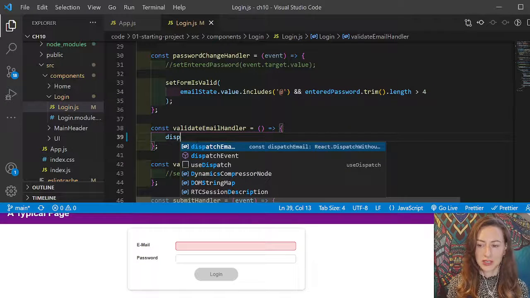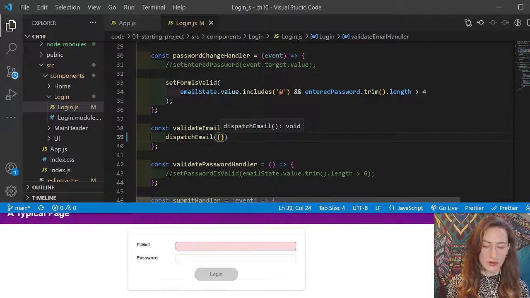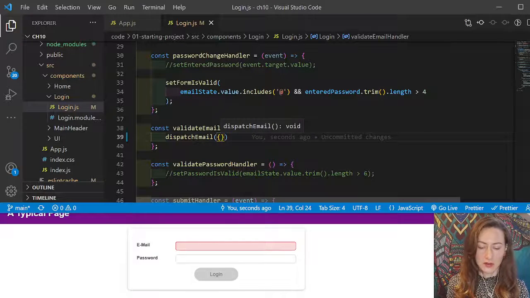So now we dispatch email. We're going to pass in an object again, and we need to pass in a type and a val, because that's what we've passed in before, and we don't want it failing somewhere down along just because we didn't pass in the right object. So we pass in an object to this dispatch function that has the same structure as our other objects that we've passed to it, because that's what it's expecting. So we have a type,